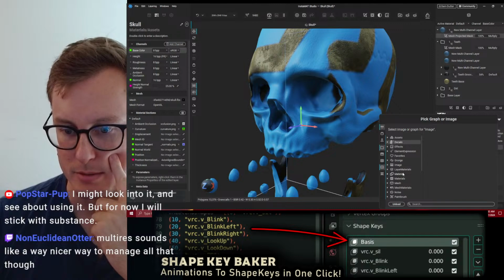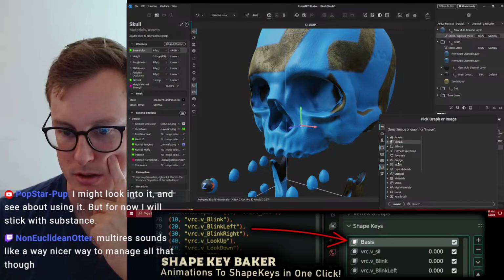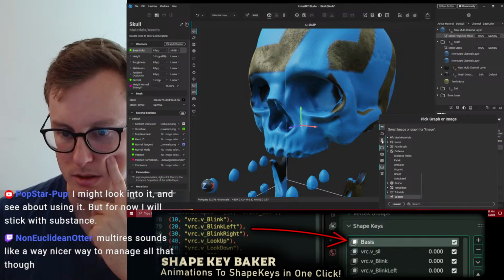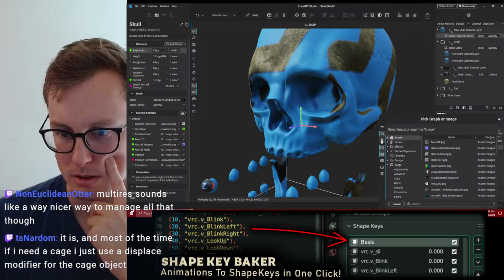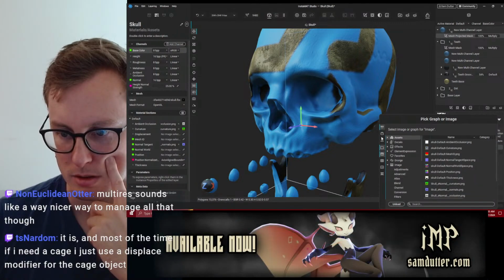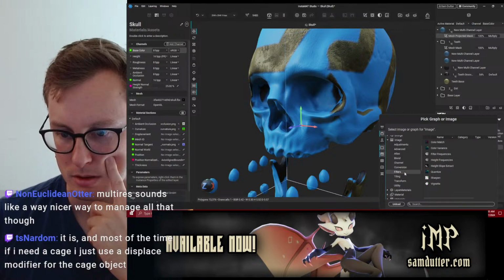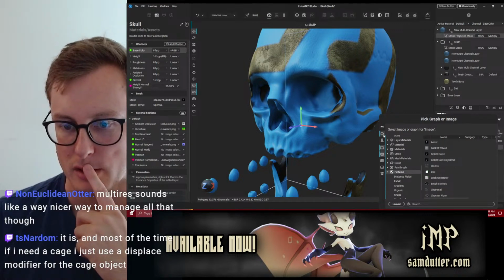Pick a graph or image. There we go. Okay, that's what the problem was.